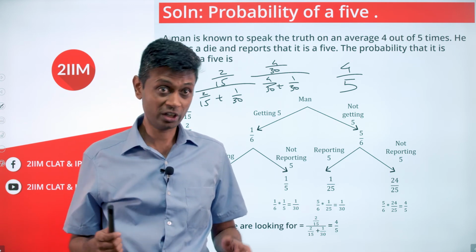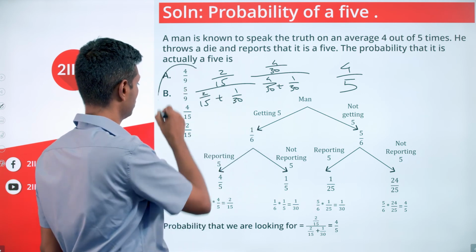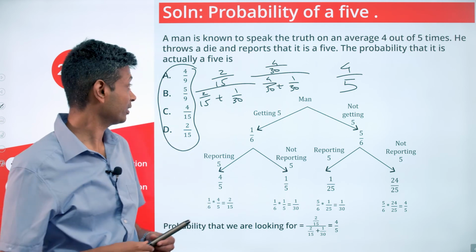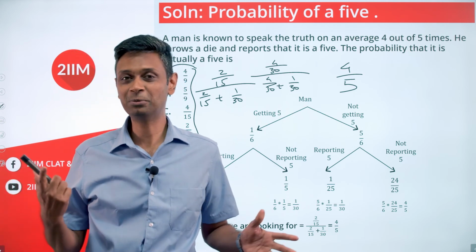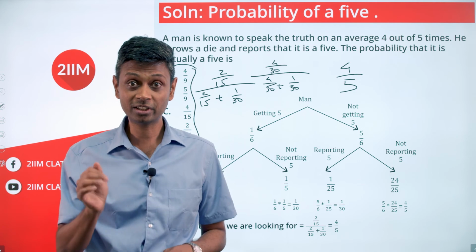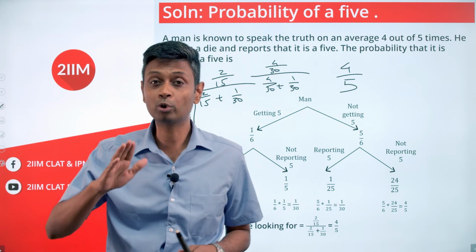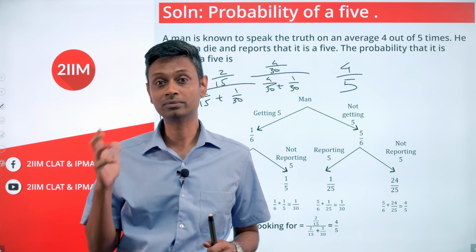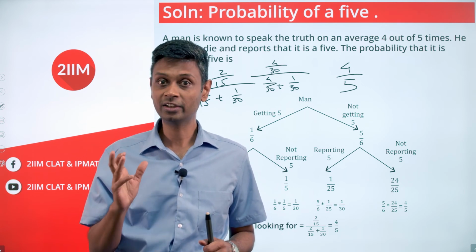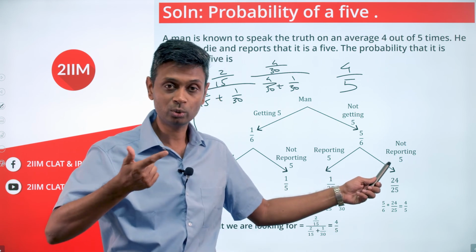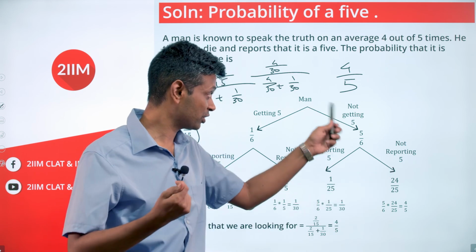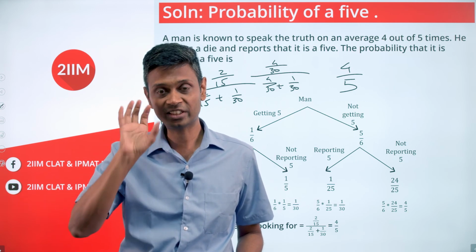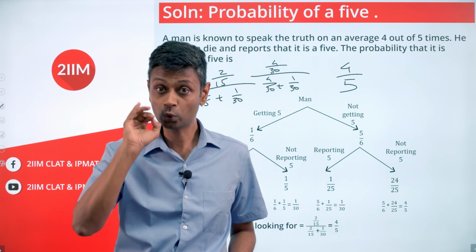It's correct. Unfortunately, the exam, that choice was not available. So I don't know what they would have done. I don't know whether they fixed it. I don't know what they did with it, but that's all incidental. The key point here is this question. If you're not reporting 5, that is not the same as getting it wrong. When you're not reporting 5, it could mean you're reporting 1, 2, 3, 4 or 6. It could be 4, in which case you're getting it right. 1, 2, 3, 6, wrong, but not 5. So there's that caveat, that one little bit you still need to worry about.